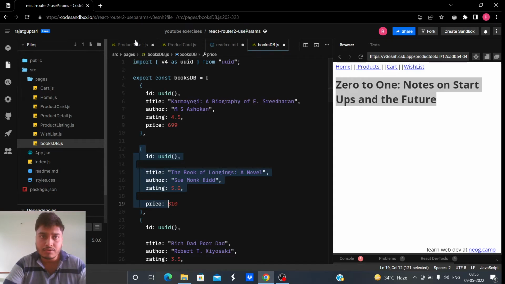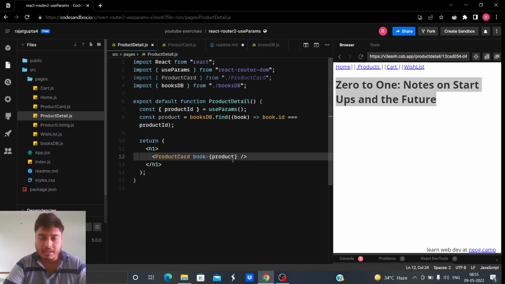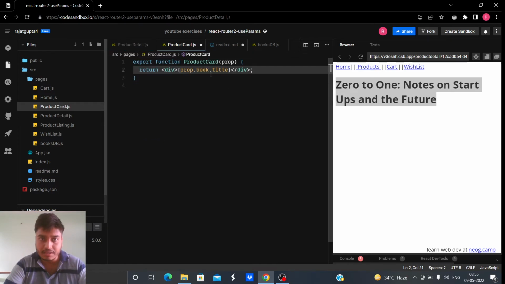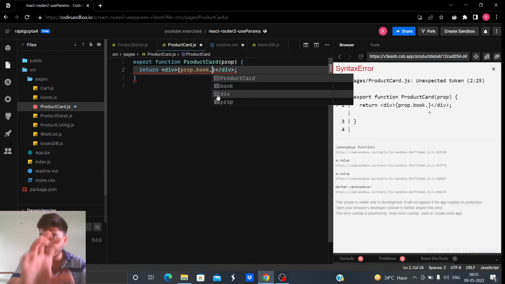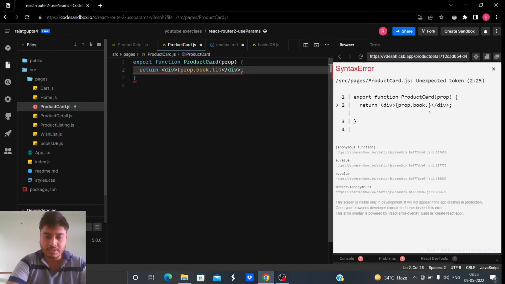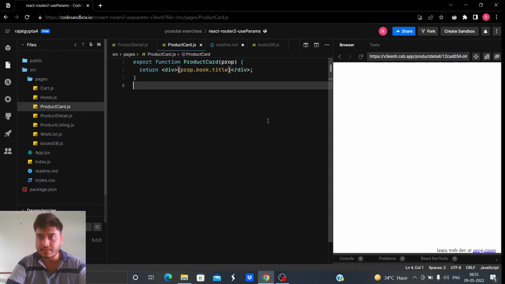And then whenever this ID matches, you could pass this product as a prop in here, and then whatever it is, book detail or book summary, you can just render it in the view. So yeah, we can do it like this.